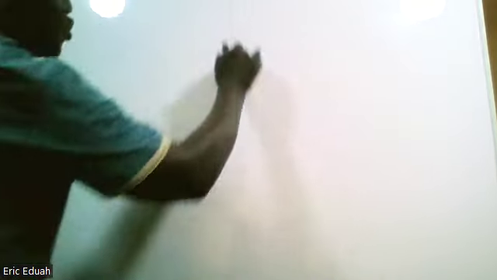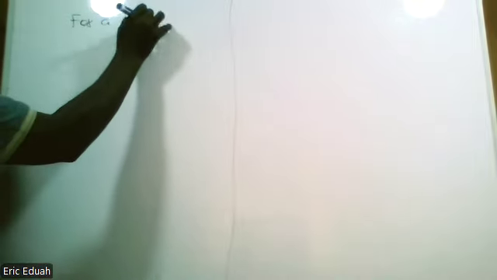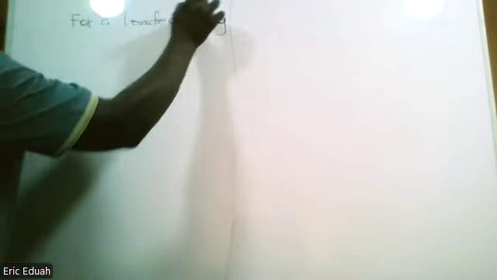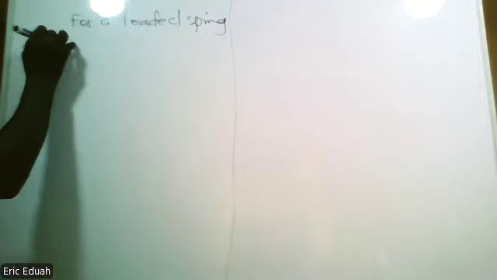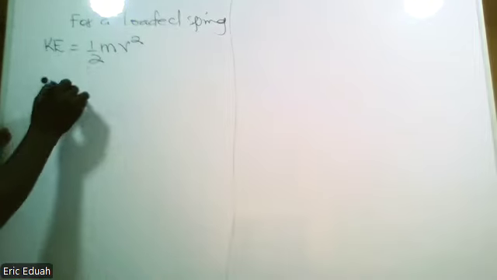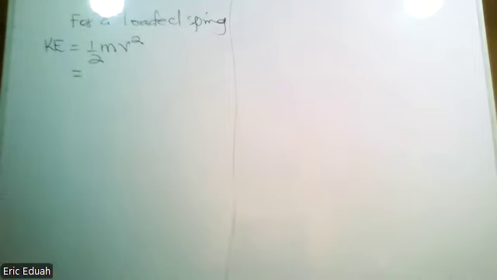We saw that it's partly kinetic and then potential. So these two add up to form the mechanical energy possessed by the body. For a loaded spring, its kinetic energy K is given by half mv squared, the usual kinetic energy formula,